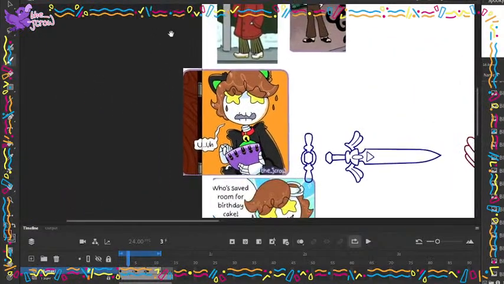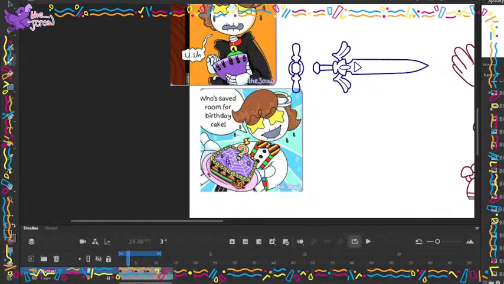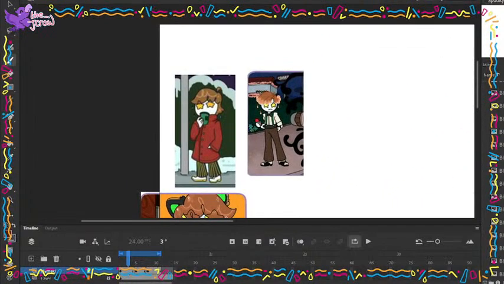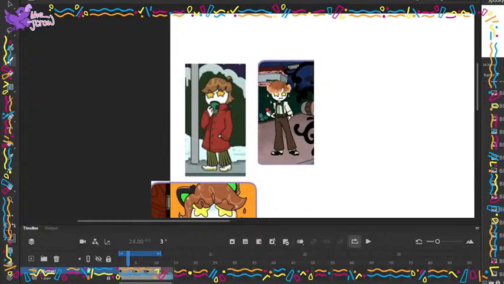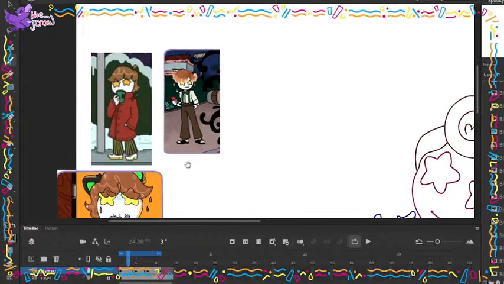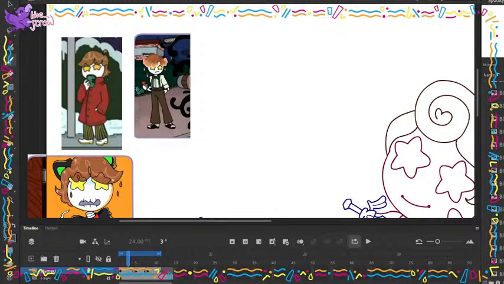So, this panel was Mamaki's first appearance. This panel was his second. On the top left was his third, top right is his fourth, and I really like the way he had his hair done in his fourth. It looks way more like a liquid, it's got a lot more flow to it there. I also like how the color and the line art is lighter towards the end. So I'd like to do something like that with the line art with him. I also want to make the eyes nice and shiny.